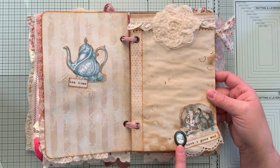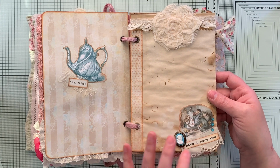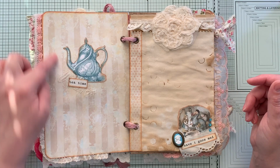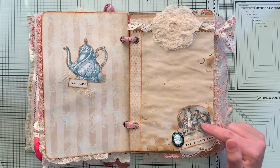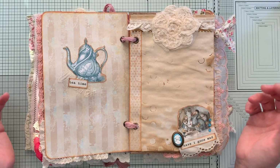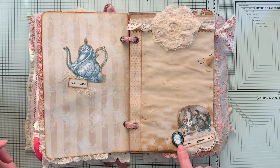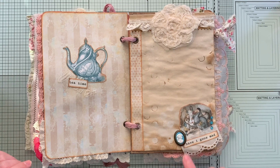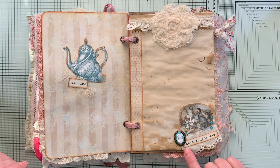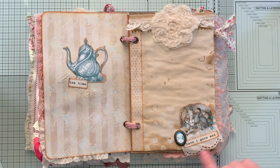And I added a gorgeous blue cameo. There was kind of a blue theme here because you had the blue teapot, there's blue on the background page, and the dodo bird was kind of blue. So this spread has a blue theme. I used this pretty blue cameo, it was a brad, and I glued it down. And then I used some blue flat back rhinestones along the side,